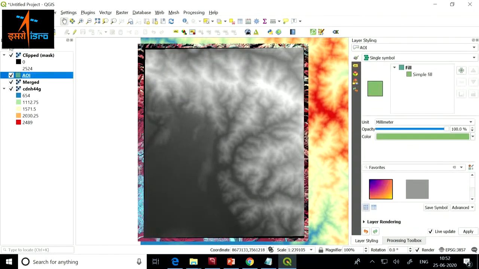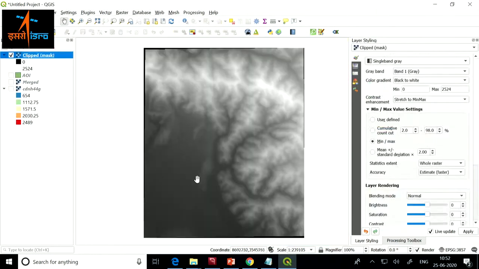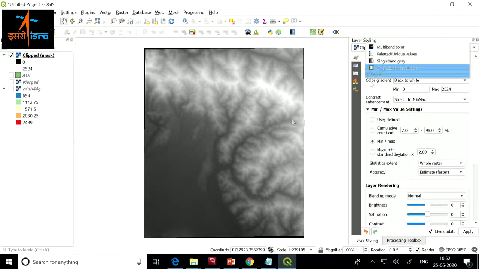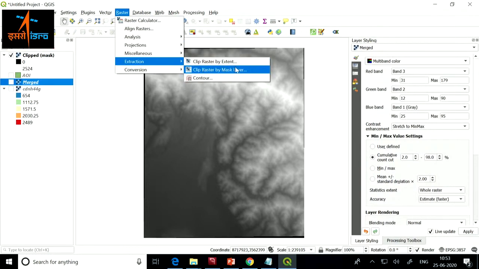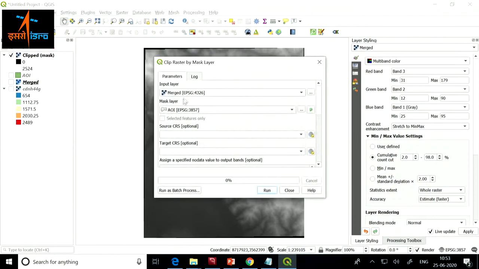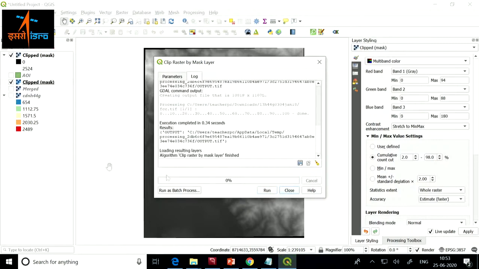So if I turn off all the rest of the layers, hide all layers, show this one, I can see that I have clipped it for my area. Now next I want to clip it for the FCC. So extraction by mask layer, merged, which is the FCC for AOI, and just click on run.